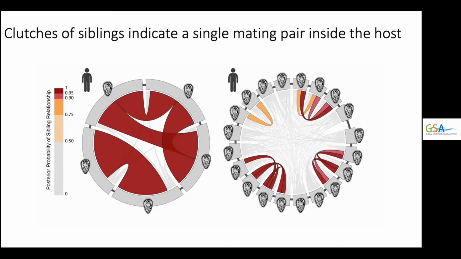First, we observe multiple hosts infected with multiple mating pairs, observed by independent clutches of siblings within the hosts. This slide shows 2 such hosts, with Myricedia collected from a single host arranged as a circle, and bands connecting different Myricedia are colored according to the posterior probability of first degree or sibling relatedness. Groups of Myricedia that are connected by bands form sibling clutches, and multiple clutches within a host can give a minimum estimate of the number of infective pairs within a single host.